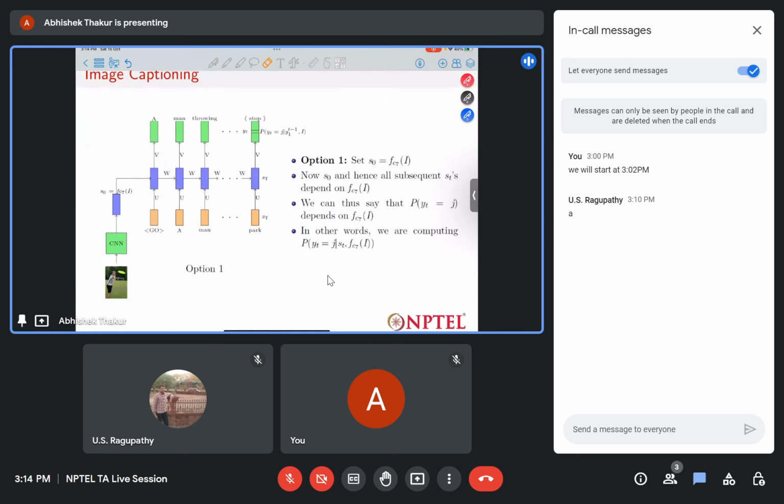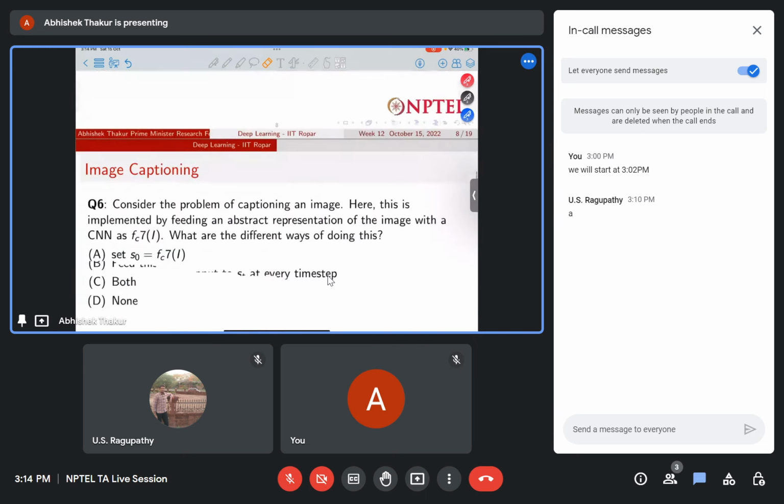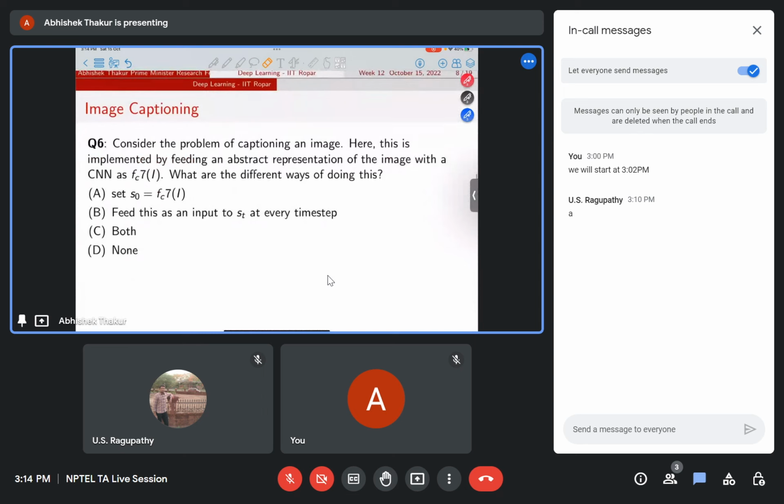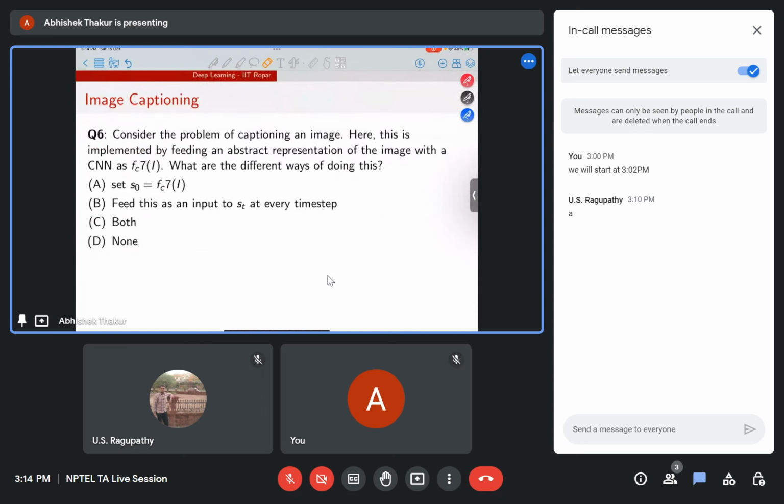So now coming to question number 6. Consider the problem of image captioning, like captioning an image. An image will be given and we have to caption it. Here this is implemented by feeding an abstract representation of the image from a CNN, a fully connected layer FC7. What are the different ways of doing this? There are two options. One,